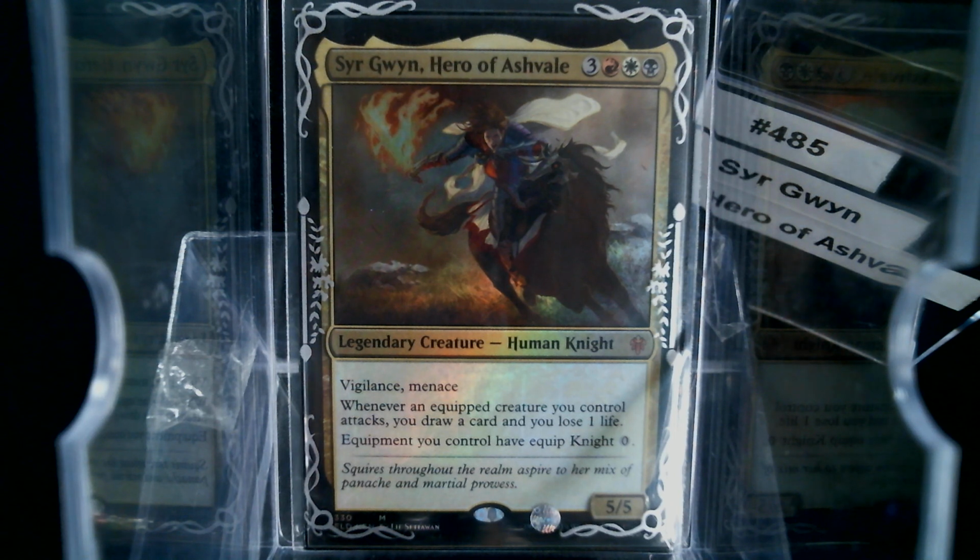So, a couple of ways to look at this. There are several different build paths you can go with Gwyn. It looks like the obvious would be Boros plus black. What is that? Mardu. And that second ability, whenever an equipped creature you control attacks, seems like you would want a lot of knights, a lot of equipment, just so that you could keep drawing gas. And then that last ability, equipment is free. Obviously, she suggests Knight Tribal, which is totally what I did, but something a little